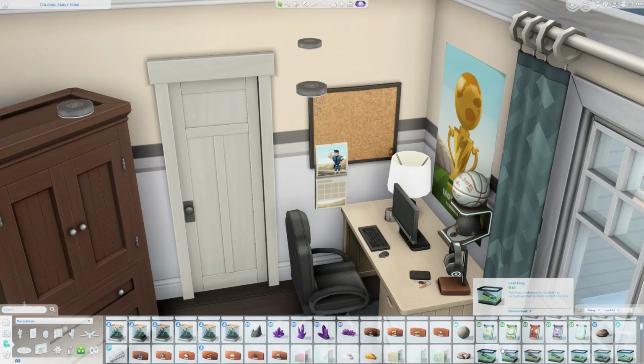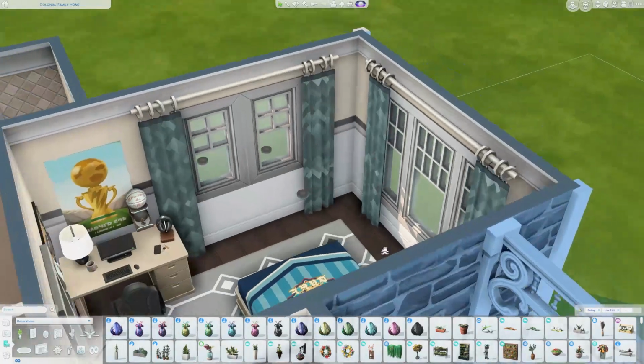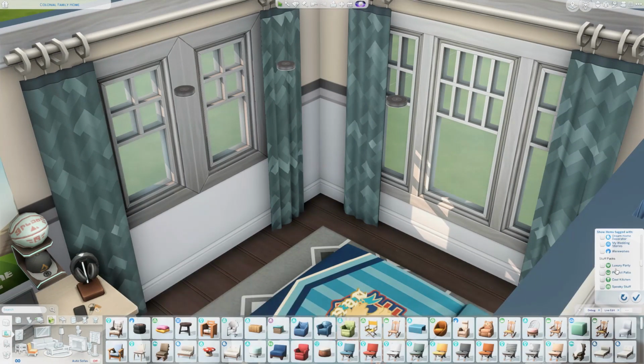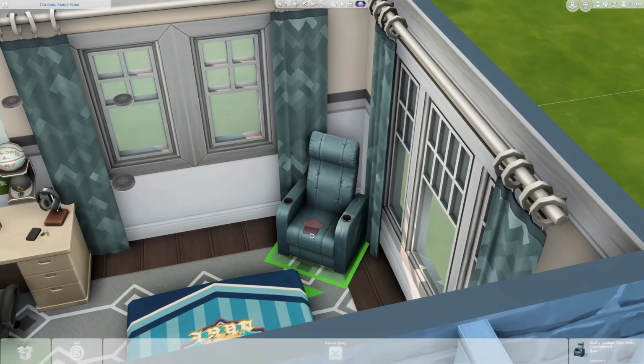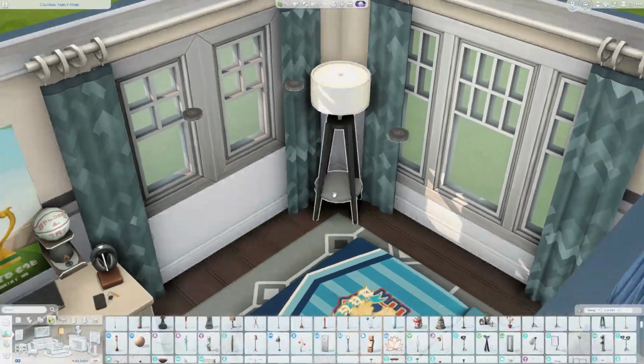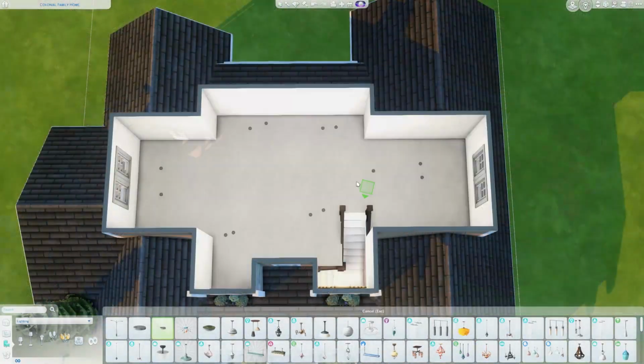I obviously know you can't do that in The Sims, but that was kind of the thought, that they're really, really active in speaking about it and really enjoy sports. They also have a full stereo in here, so I think they really enjoy music and things like that. You know, just typical teen stuff, nothing super exciting. And I think I actually put the stereo in off camera as well because I didn't know if I could